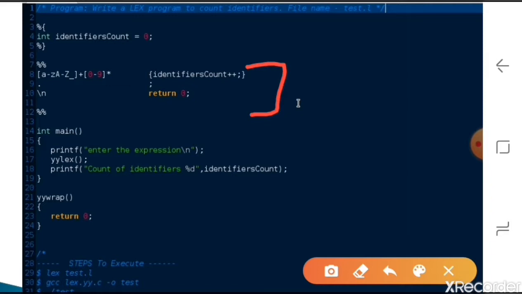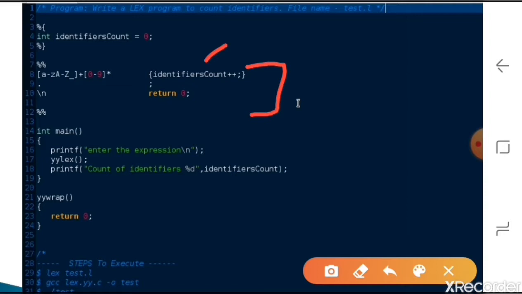We write that regular expression, and whenever it matches, it identifies an identifier and we keep increasing the count. If any other character comes, matched by the dot, we just neglect it. If \n comes, it means the end of the expression, so we stop there and return 0.